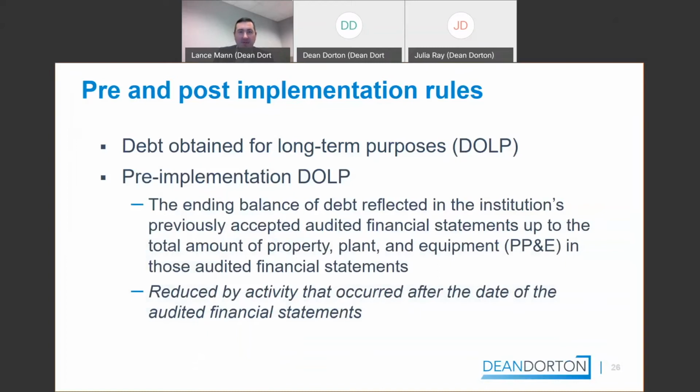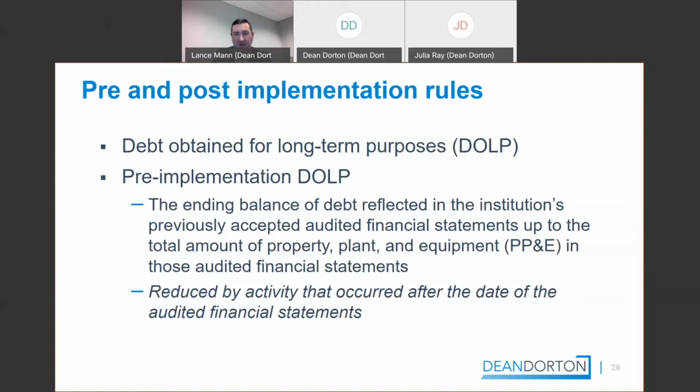So the pre and post implementation rules. The first one I'm going to go through because it's the most complicated one, I think, at least currently, is the debt obtained for long-term purposes. So your pre-implementation debt obtained for long-term purposes should be the ending balance of debt reflected in your audited financial statements for 2019.